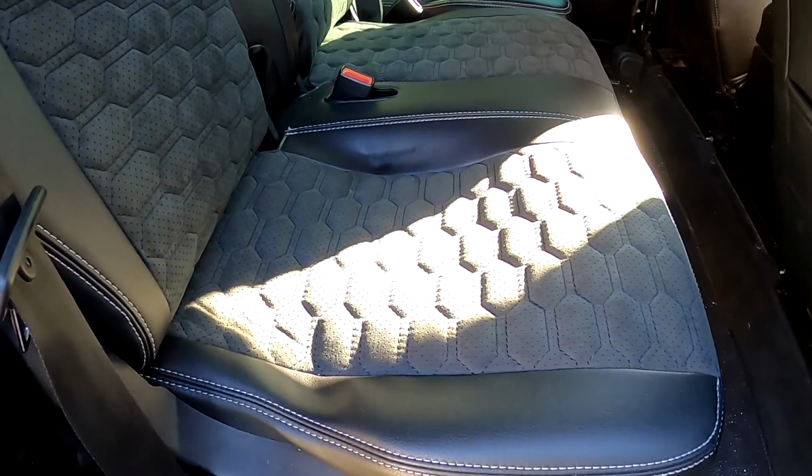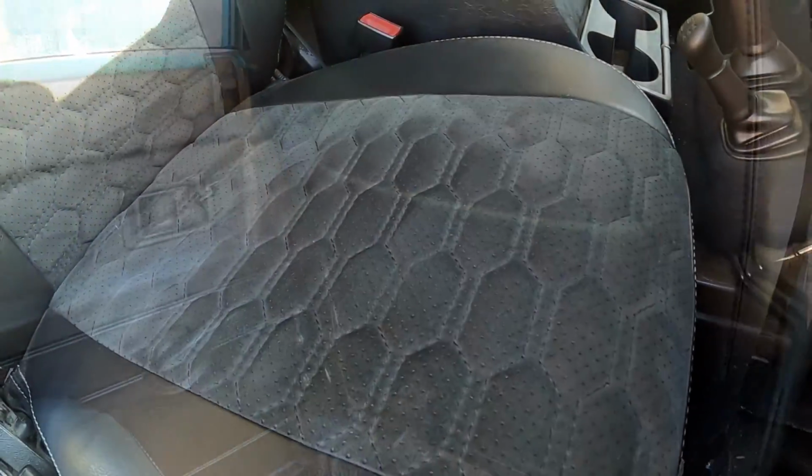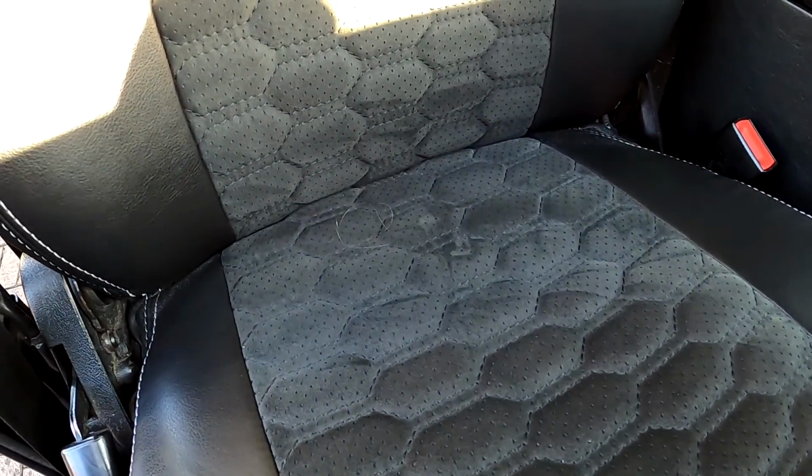The seat covers are massively robust, a lot better than I even thought they were going to be. I knew they'd be good, but we've got 2 kids and we use this car quite a bit. Even with heavy car seats in the back, I'll show you this one. This is with probably the heaviest of the car seats. There's only a couple of little marks. And on the other side, this is a lighter car seat, and hardly any marks at all. Even in the front, you'll notice, I'm quite heavy. I'm 13, 14 stone-ish, so I sit here all the time, and there's very little marks or degradation,